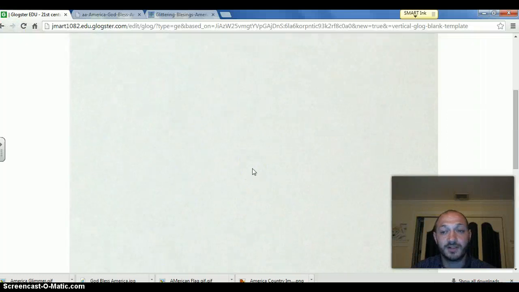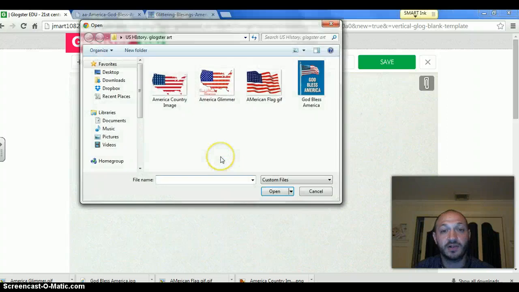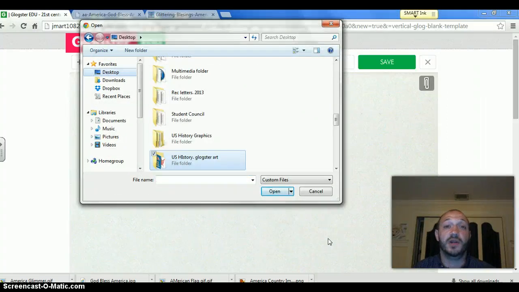and I have my blank Glogster, and I have 4 options up here. Ignore these 2 options. We are only going to use these 2 options. If we want to add something to our portfolio to use, we will upload. By clicking on the upload, it now brings us to an area where we can choose a file to upload